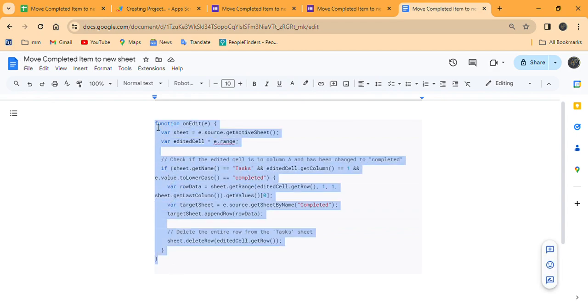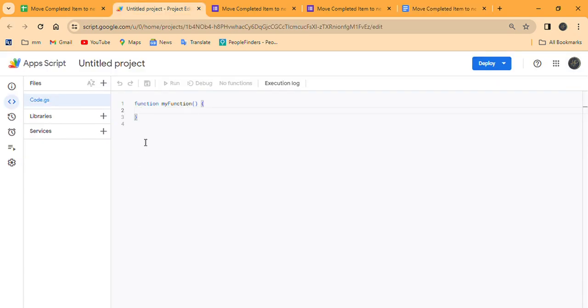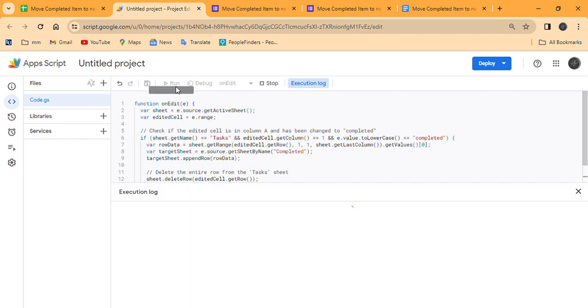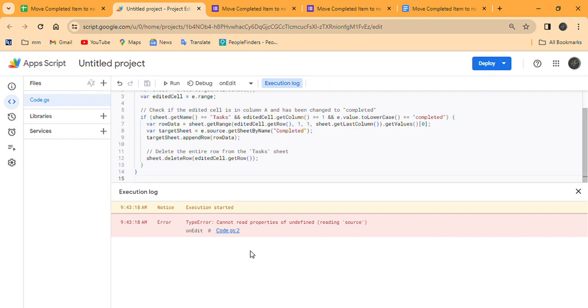We are going to copy this function. Go ahead and pause the video here if you want to get the code. Also, there will be a link for you to click on so you can use it. We're going to delete what's in here. We're going to paste. We're going to hit save. We have to run the project. Usually it's going to ask you to authorize it. Okay, so now,